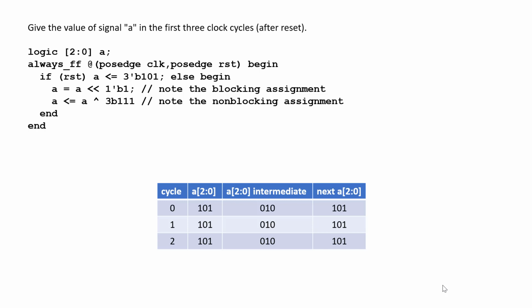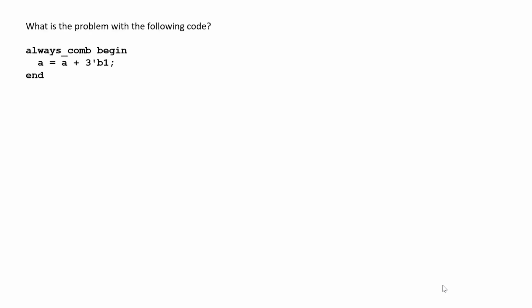But like I said, no matter how you answer that question, you will have gotten credit for that. Okay, any questions? Okay, what's the problem with the following code? So this one has always underscore comb, and there's no sensitivity list there, meaning that this is intended to implement combinational logic, meaning that it's supposed to just be a type of assign statement, essentially. And so in this case, you have this problem, though, because